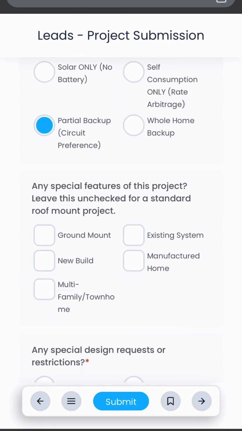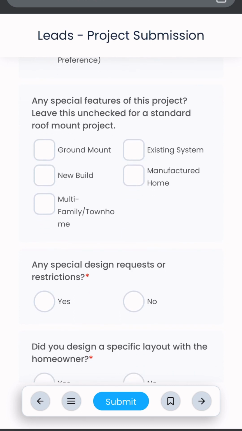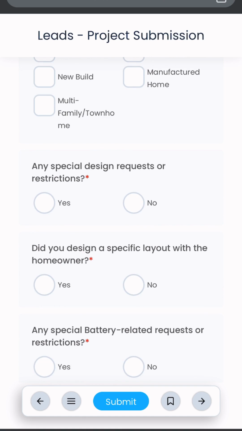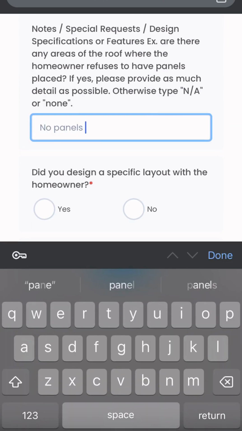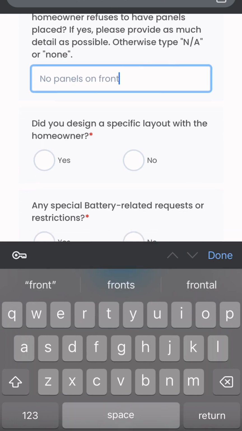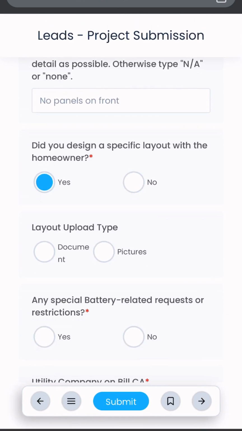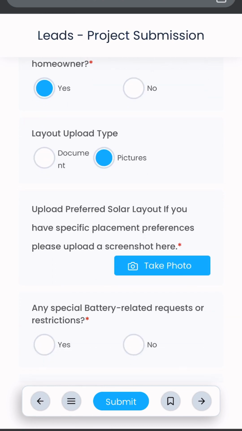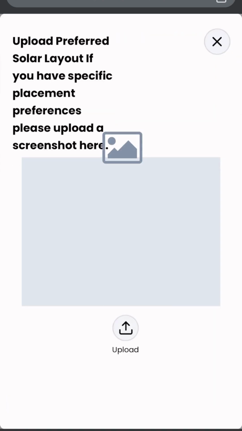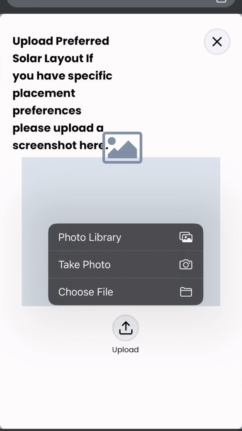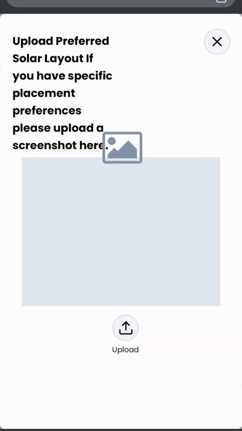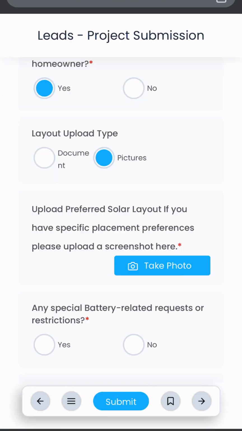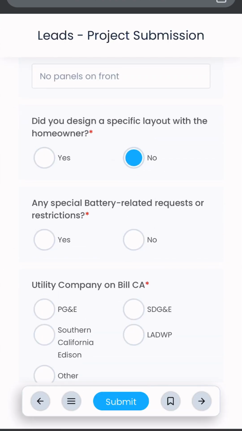Confirm the system type. On special features, leave all of these boxes blank unless any of them apply to this particular project. If your homeowner has specific design requests, like no panels facing the street or anything like that, or if you put together an approved layout with them, tap those bubbles to open up the additional info and upload the options. This form can take PDF or image files, but you need to tell us which file type and use the proper field or else it won't come through. Note that on the photos, it will say Take Photo, but there's an Upload button on that pop-up. We haven't enabled the embedded photo option just yet, but hopefully that feature is coming soon once we work out